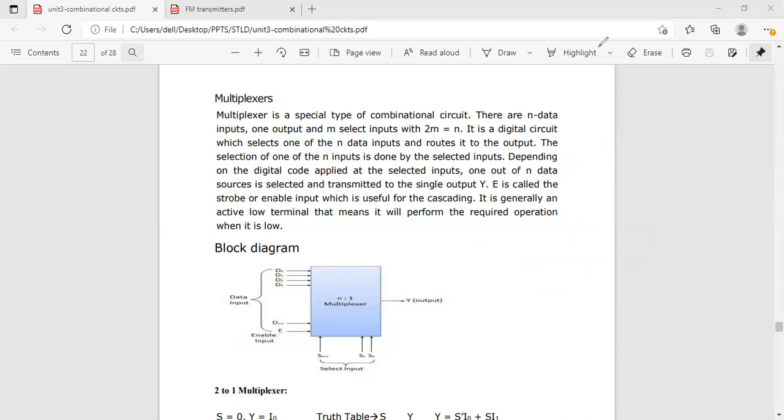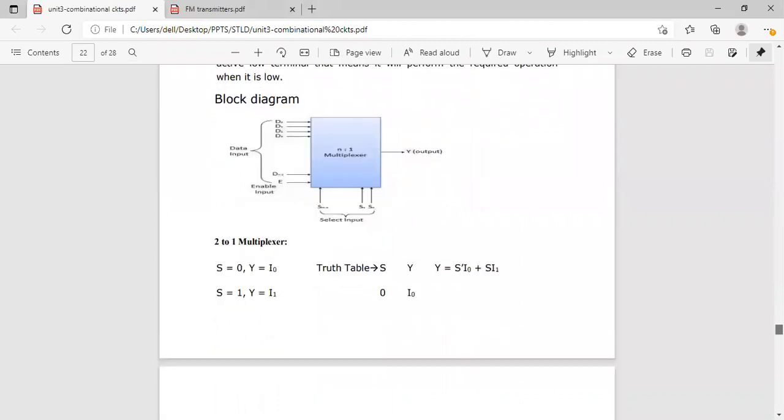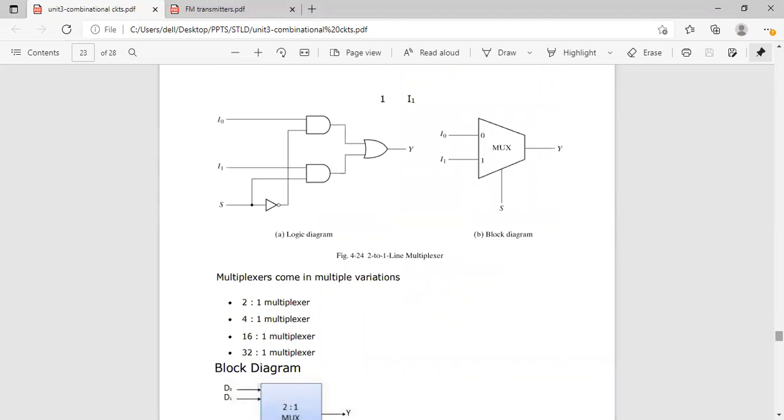So this is about a multiplexer and also the 2 to 1 multiplexer. If you substitute M is equal to 1, what is the size of the multiplexer? 2 to 1 multiplexer. See here, they're considering data lines are I0 and I1. S is equal to 0, I0 data line will be selected at the output, and S is equal to 1, I1 data line will be selected at its output. So finally, the output expression is Y is equal to S bar into I0 (or D0) plus S into D1. So that is the expression.